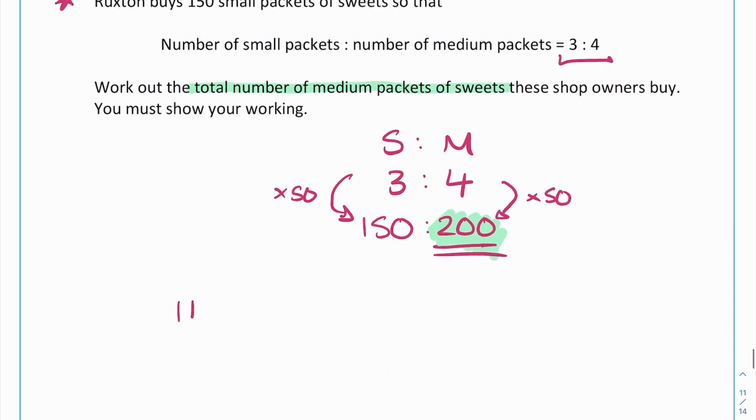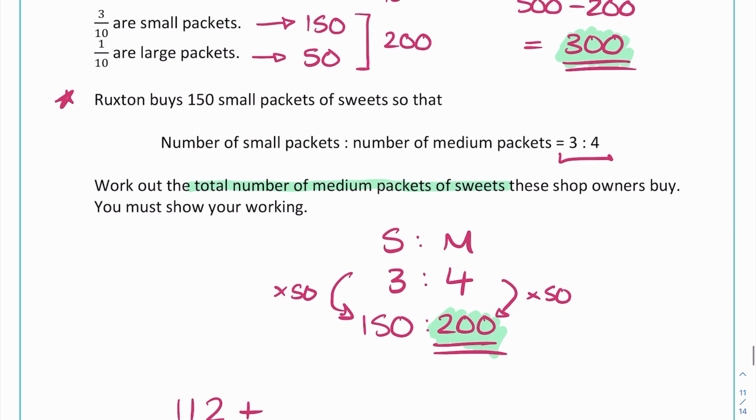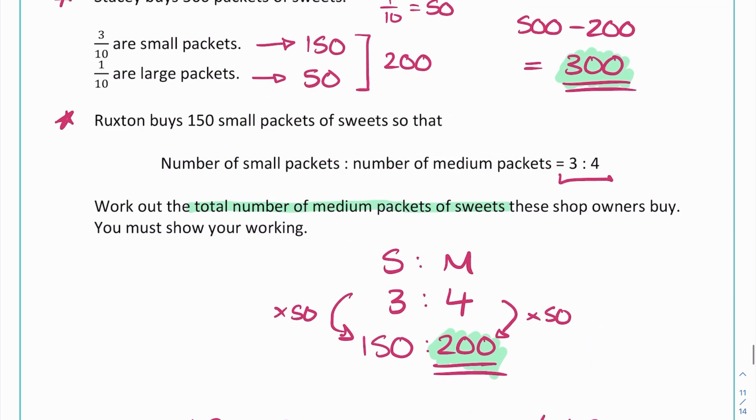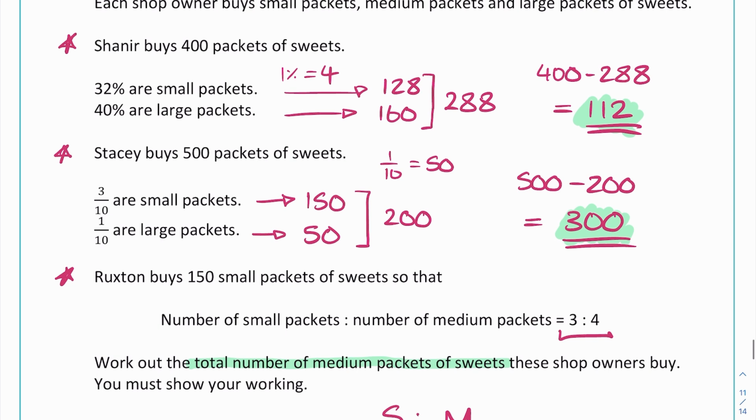So we have 112 plus, remember it says to show your working, so we do want to write this down, so plus 300 and plus the 200. And again, I'm not going to do column addition here because we've got a calculator. So 112 plus 300 plus 200 equals 612. So there we go, all that information, but really all we had to do was work out a percentage